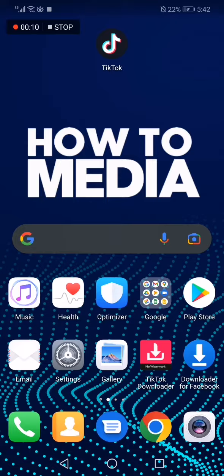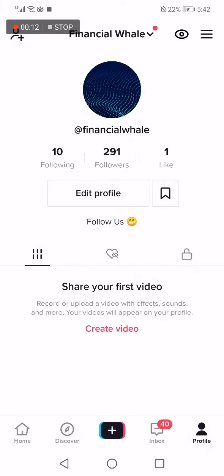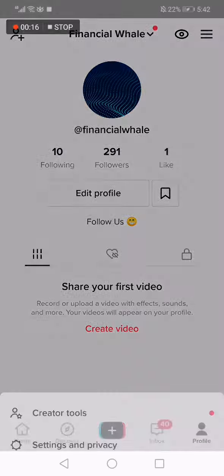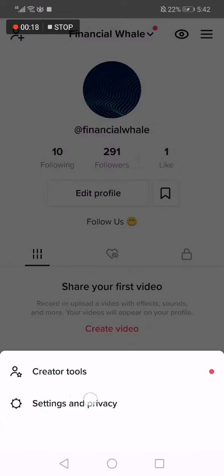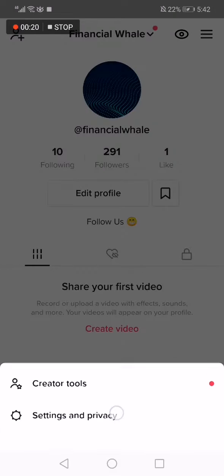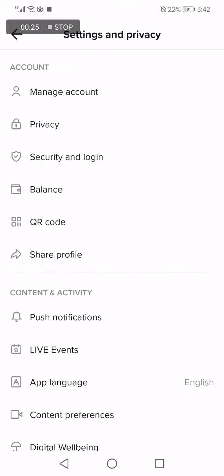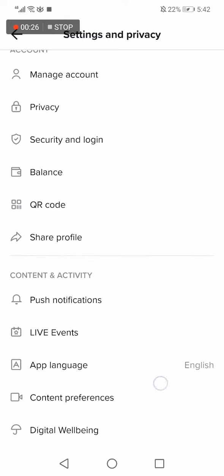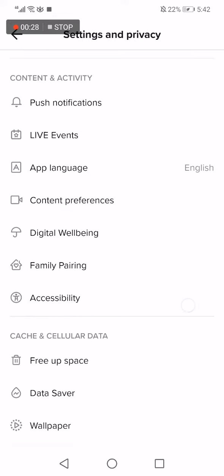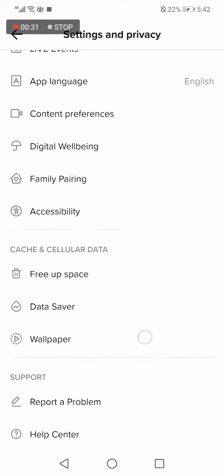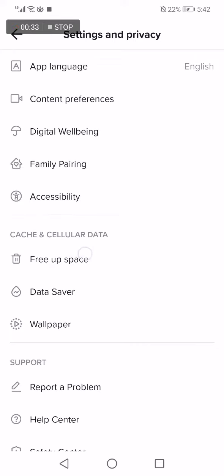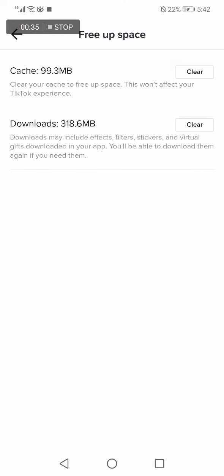So first thing we do, go to TikTok and now click in the top corner on those three lines, and after that choose settings and privacy right here, and now make sure to go down and search for free app space and you will find it here. Click on it like this and now click